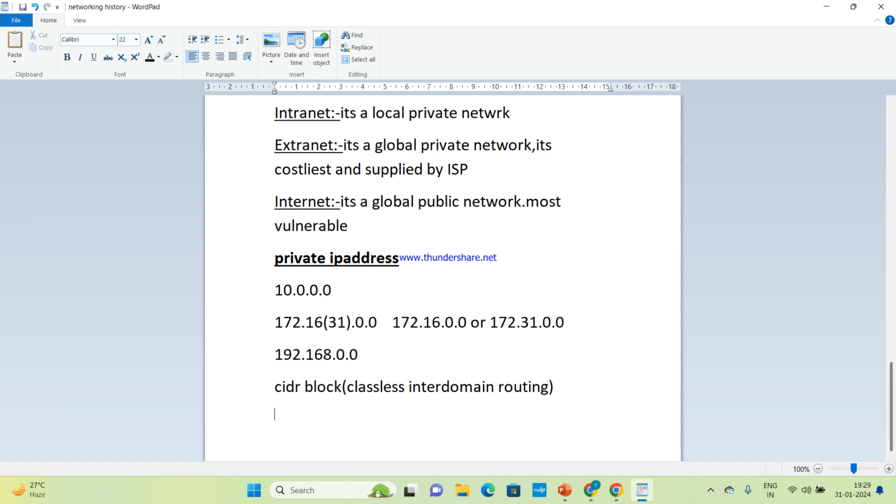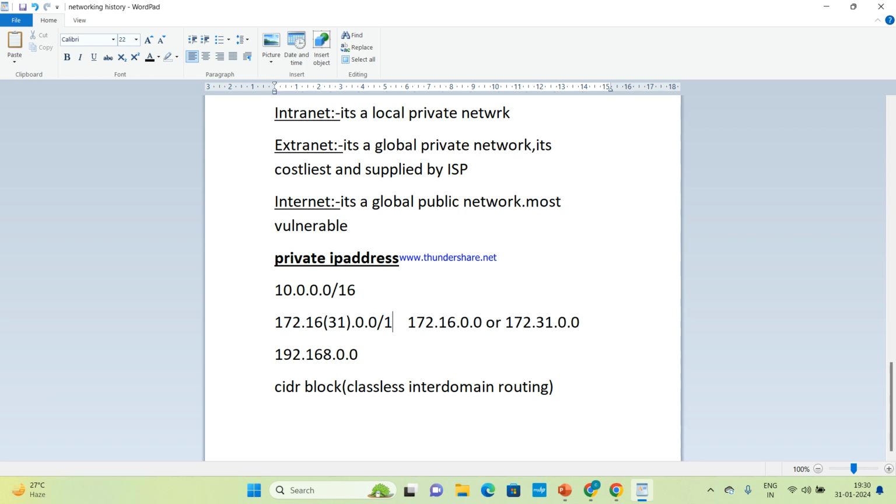So how do we create a CIDR block? After the private address, if it's 10.0.0.0, you need to give /16 at the end.